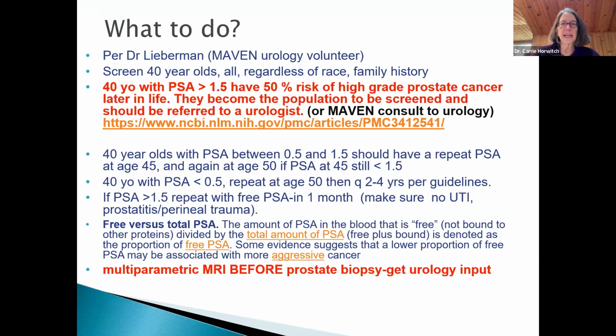So what should we do? Dr. Lieberman, who's a urologist and does a lot on prostate cancer, recommends starting screening at age 40, even going lower than any of the guidelines say, and that is regardless of race and family history. He then says if you have a PSA that is over 1.5 in somebody who is that young,